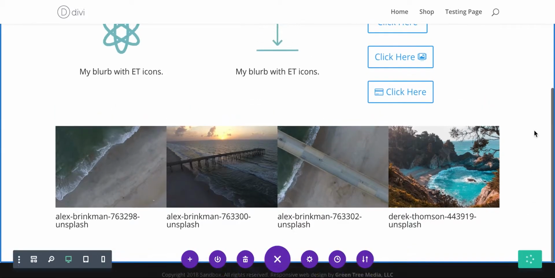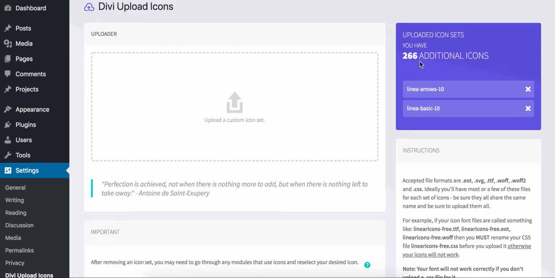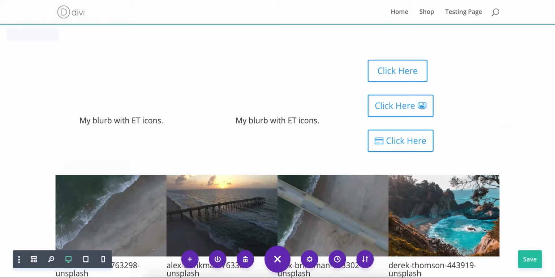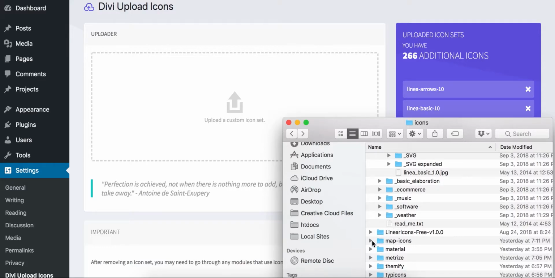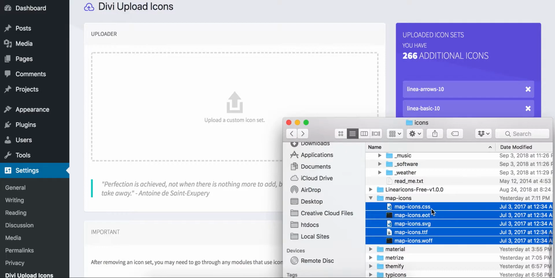And you can upload as many icon fonts as you want. Again, right now I'm only working with 266 on top of the 360 or so, 379 I think, that come with Divi out of the box. And this will support, you know, as many as we want, and it works in buttons here too. And actually, while we're at it, let's upload another one. I like this e-commerce. You know, let's totally switch it up. Let's do another one. I've got these map icons here, and it's got a CSS file, an EOT, SVG, TTF, and WOFF. I'm going to upload these guys,